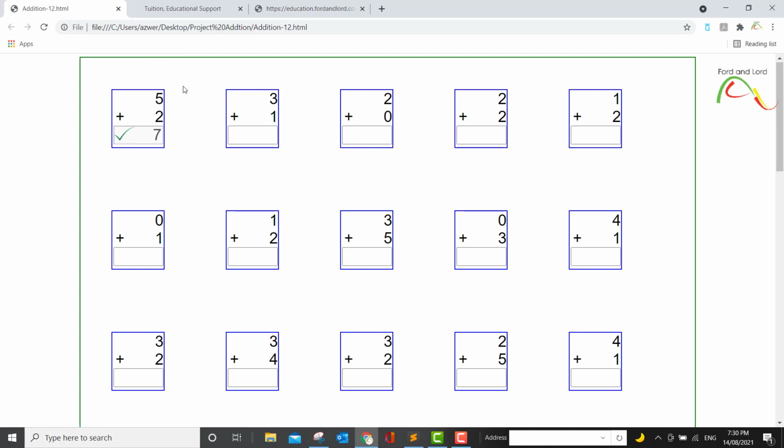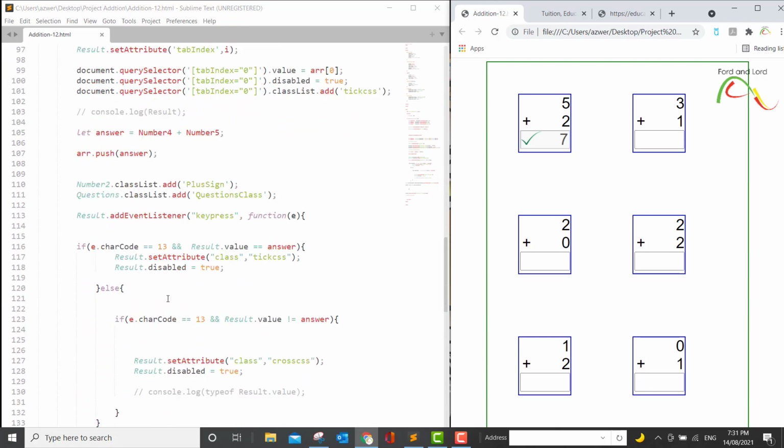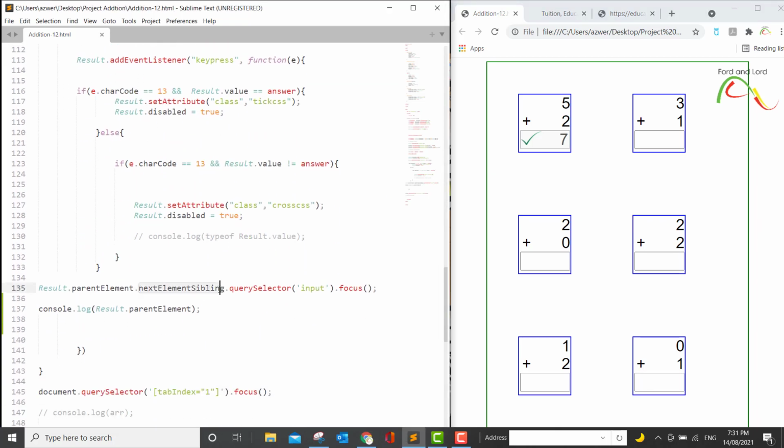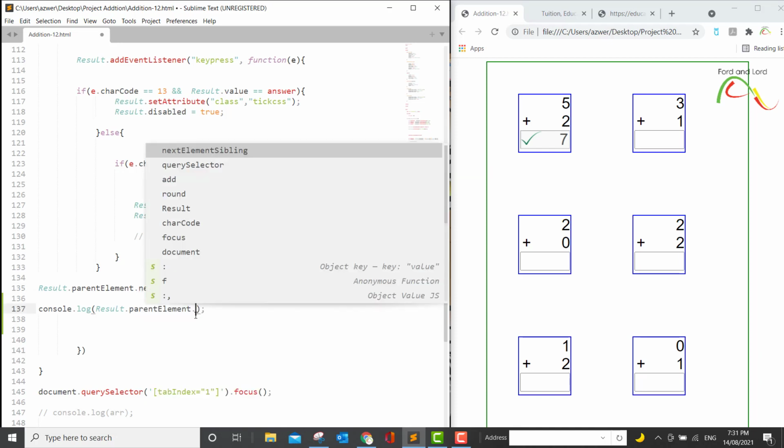Having said that, this is the next element sibling of this div. This is the next element sibling of this, and this is what we are doing in the next part of our code, next element sibling. So as we are finding the parent element of the input field that the cursor is in, we are trying to find the next element sibling of that element. So if I copy this and paste this here,